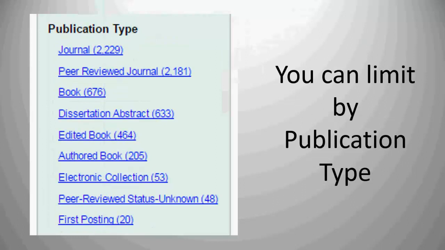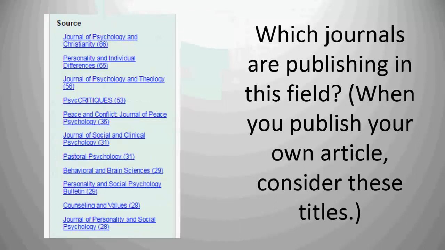You can limit by publication type. I only want to see peer-reviewed scholarly journal articles or books. If you find dissertation abstracts that interest you, you often can find the full text, not just the abstract, in ProQuest Digital Dissertations and Theses. Which journals are publishing in this field? And where that becomes very helpful is if you write a scholarly article and you want to publish it, which journals should you consider submitting that